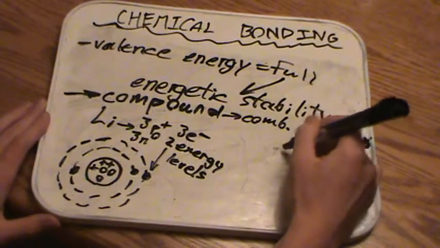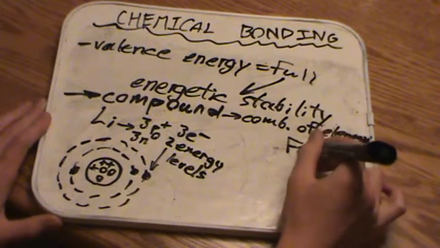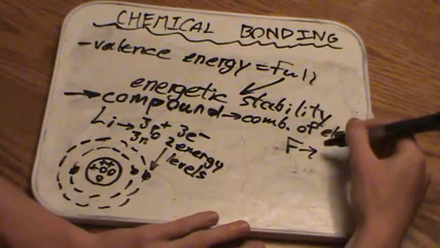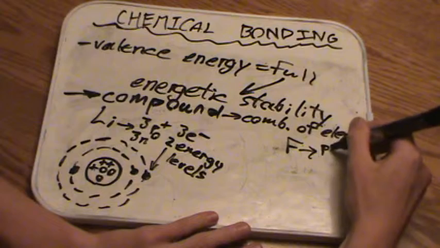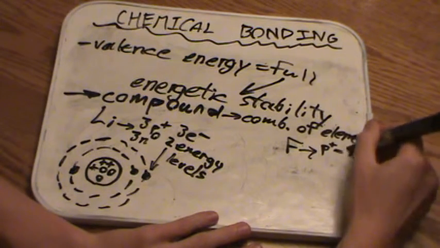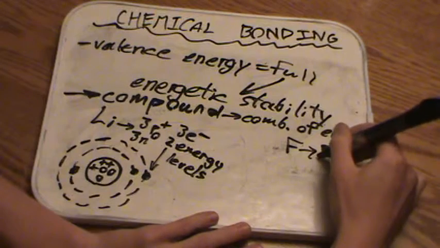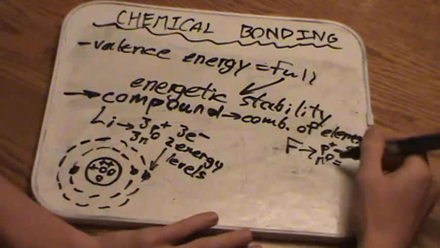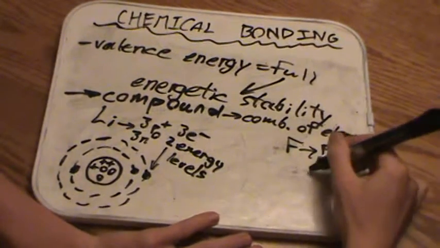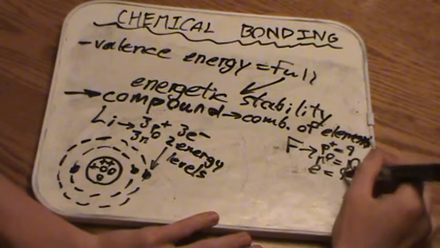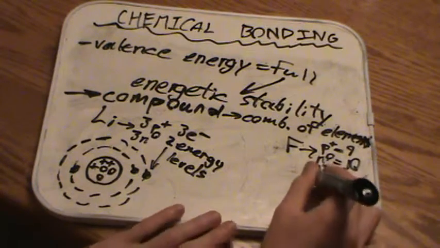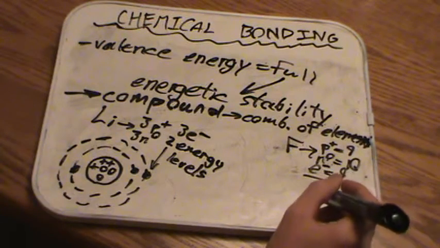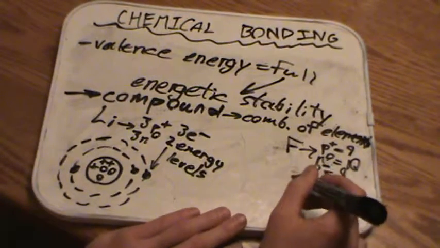So now let's draw out fluorine, and then we're going to get to the meat and potatoes of this entire idea of chemical bonding. So now we know that there are 9 protons and 10 neutrons, and then finally 9 electrons. So this is the number, again, that really matters, because when we are talking about chemical bonding, we are talking about a transfer or at least a sharing of electrons between two